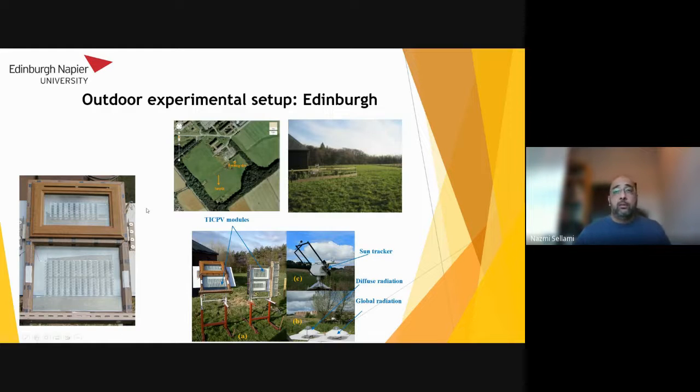All of these have been integrated in real windows and tested in Edinburgh at our solar test site. As you can see here, our first prototype installed in Edinburgh. Here we integrated different optimized dimensions and shapes of this concentrator by monitoring the different solar radiation parameters: the diffuse, the global, and the direct. And we managed to validate our